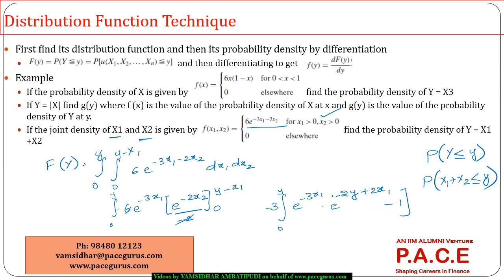This is the integration value that is coming out, because minus 2 into y minus x1. So this is what is coming out,